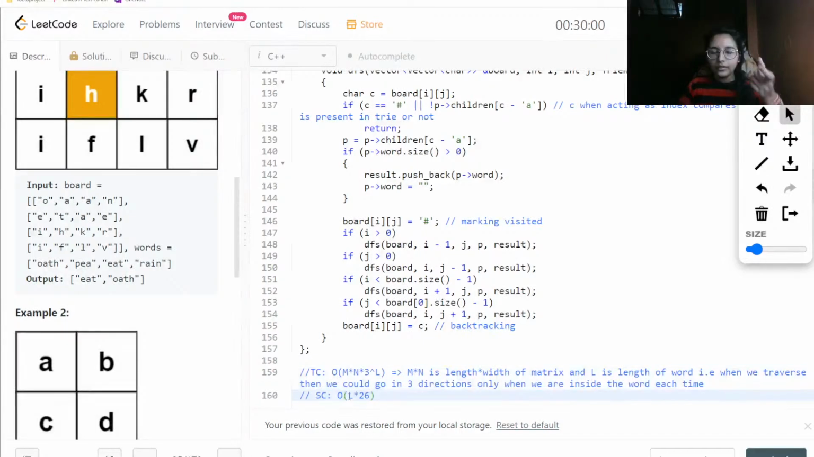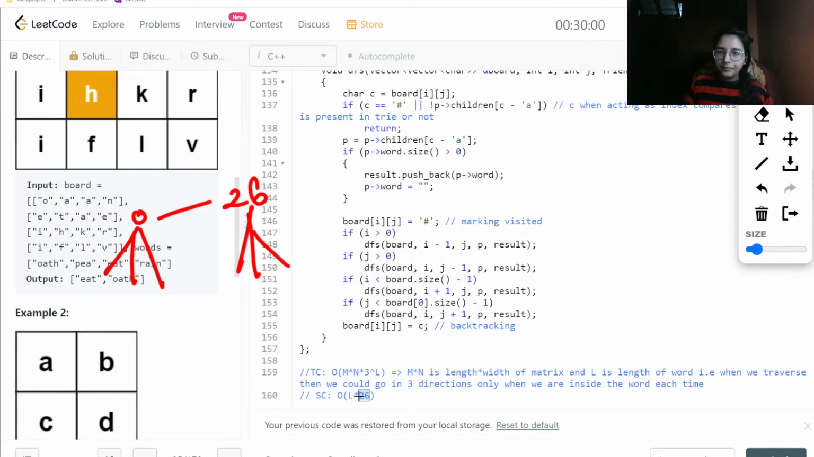You can clearly see the longest length would be there for our L, which is basically the longest length of a particular word, into 26, right? So that's why the space complexity is on the basis of 26 into L. And about the recursive stack, in the recursive stack as well, whatever at max we